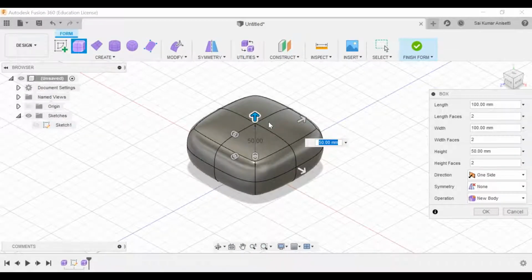And do remember that this is a sculpting environment, not solid modeling. In solid modeling, if you create a box, there are sharp edges by default. Over here, you have curvature continuous. Your edges are smooth, to say precisely in simple language. You don't have sharp edges because this is a sculpt environment.